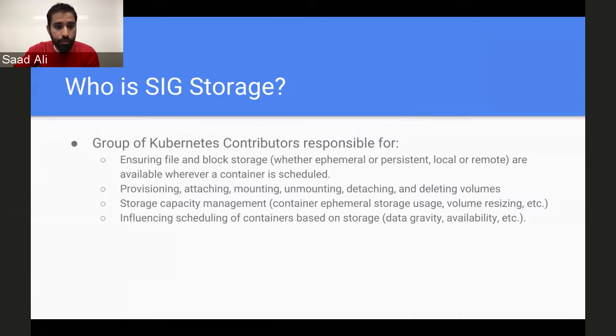So our team is responsible for making sure that those volumes are able to attach, mount, unmount, detach, provision, delete whenever your workload requests them, wherever your workload happens to land. And then we're also responsible for storage capacity management. So for ephemeral storage, making sure that your container doesn't eat up all the disk space from the local machine by writing everything into its overlay FS